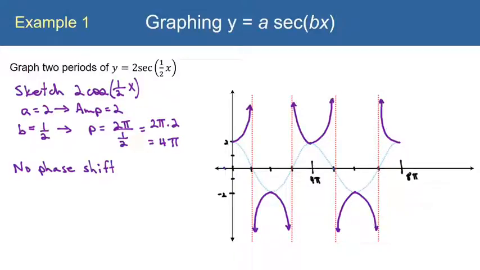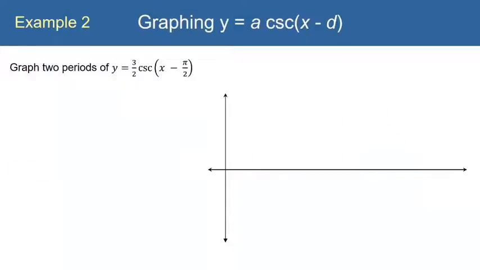Okay, so let's try another one. Now we're going to graph 3/2 cosecant of x minus pi over 2. And so let's start out by getting the guide graph that we need. That would be 3/2 sine of x minus pi over 2. All you have to do is change the function to the reciprocal function, and that will be the guide graph